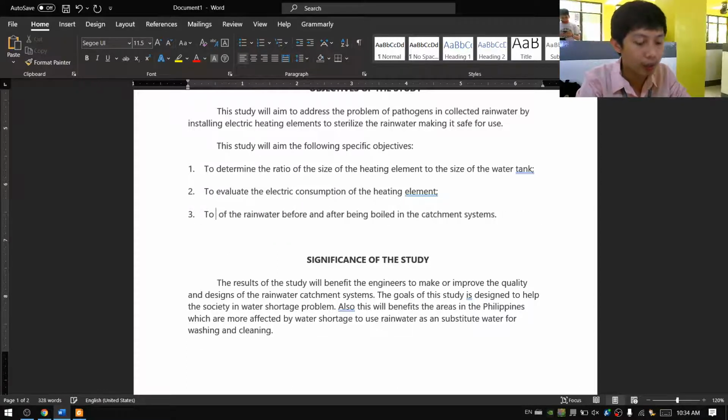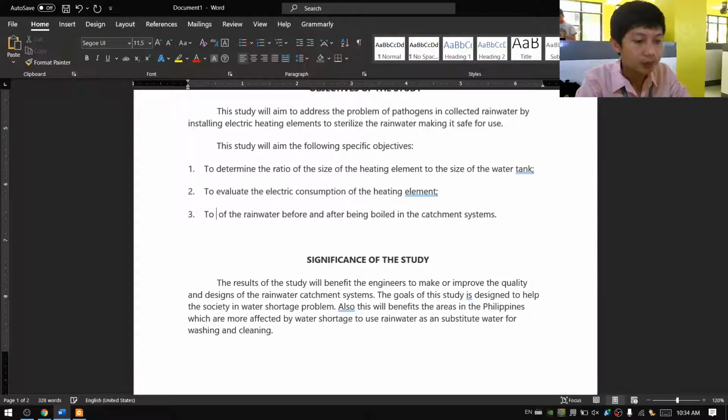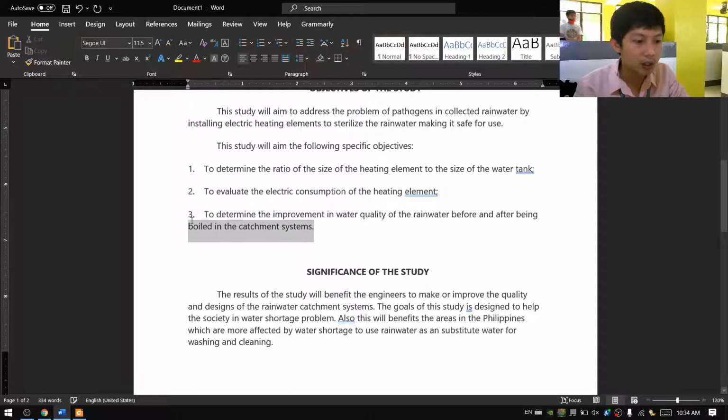You can say to compare, or let's say to determine the improvement in water quality in terms of the rainwater after being sterilized, in terms of,